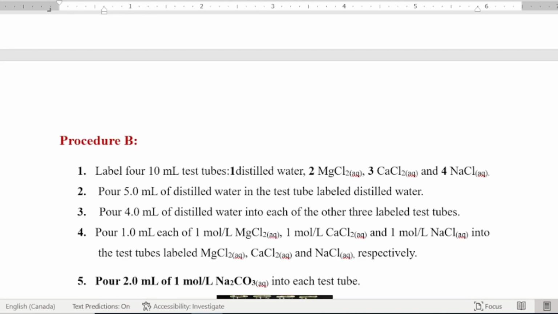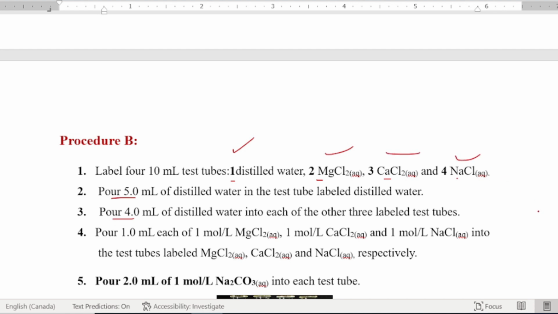we will do exactly as we did in procedure A. You get 4 test tubes and you label them again: distilled water, magnesium chloride, calcium chloride, and sodium chloride. Again, you pour 5 milliliters of distilled water in test tube 1 and 4 milliliters of water into each of these,